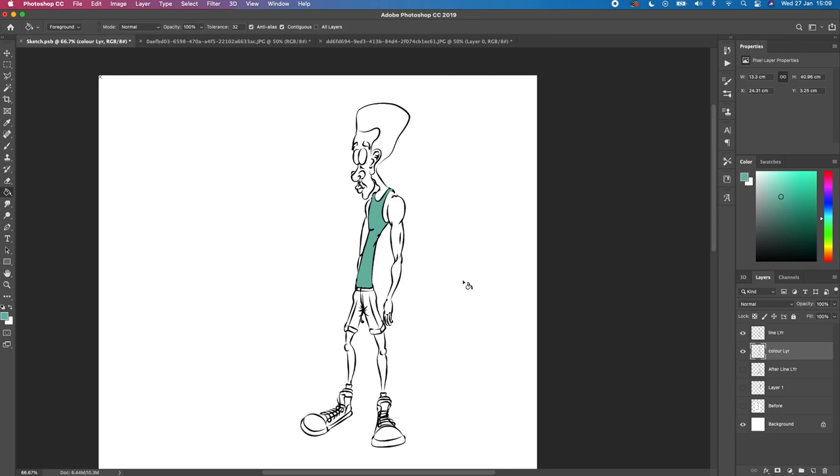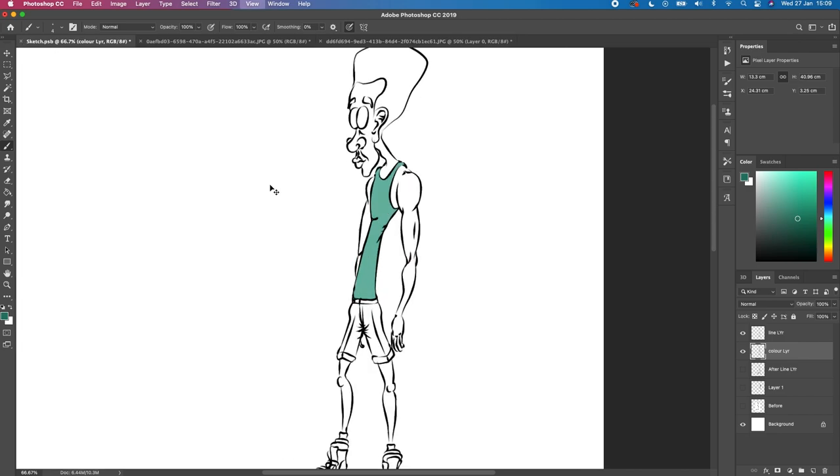I need to also remember where my light source is. So just for this tutorial, I'll make sure that the light source is coming from that direction, so from behind the character, and that's where my light source will be. So I'll quickly delete that. I'll zoom in,